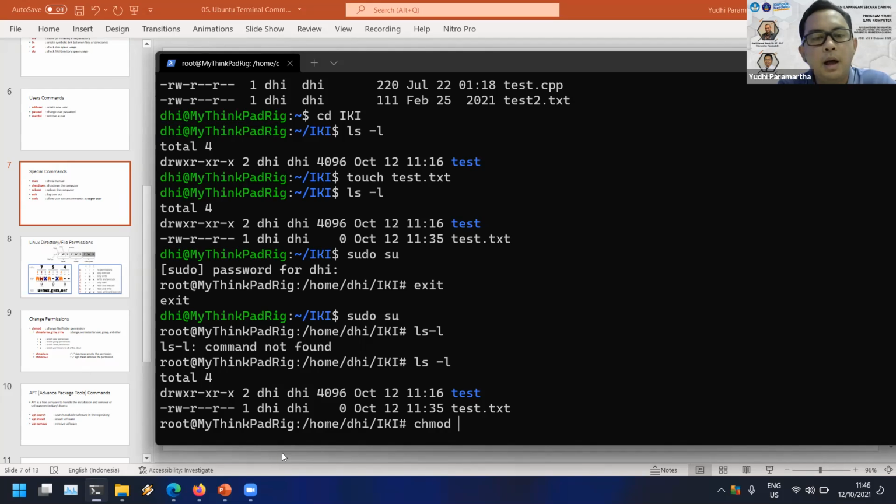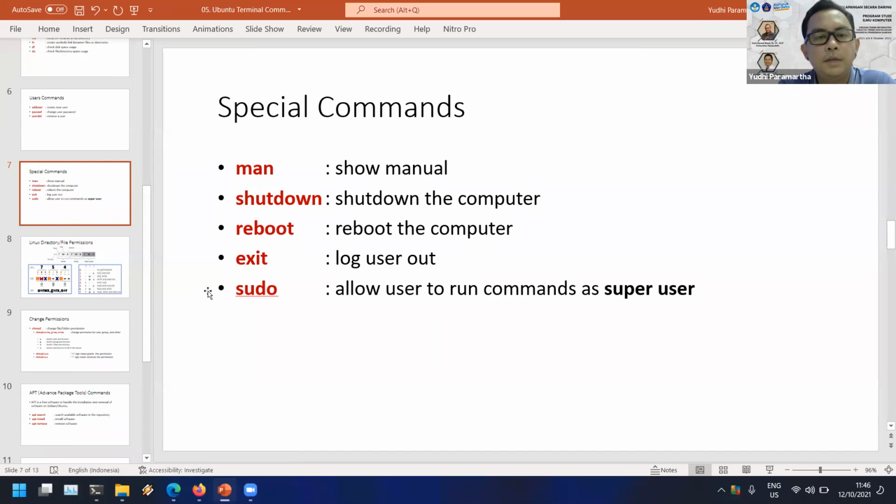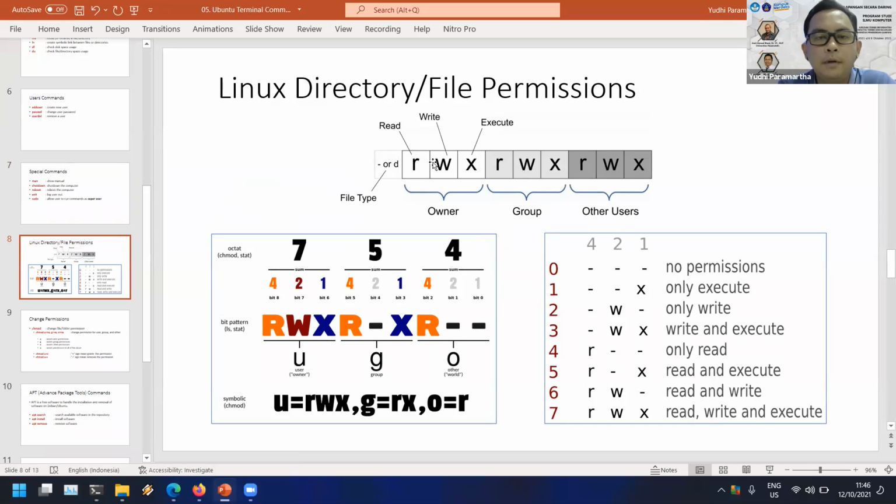For example, I want to give the owner 7, which is read, write, and execute. For the group user, I will give read only, 4. And for other users, I will not give any permission. So 7 for owner, 4 for group, and 0 for other user.